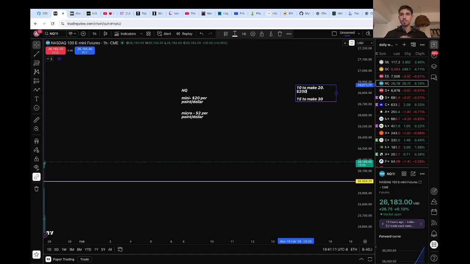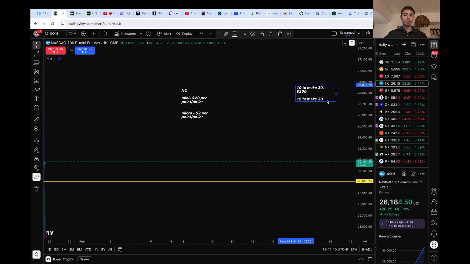So the type of trades that I'm taking have to fit this criteria, meaning if a candle is like 50 points, I'm not going to take a mini. I'll probably take a micro, right? And that's where micros can be helpful, where there's going to be some larger candles. And that's why you guys see a lot of futures traders trading on smaller time frames, such as a 1 minute compared to a 5 minute. I'll still compare both time frames, a 5 minute and a 1 minute. But on the 1 minute time frame, you guys will be able to see smaller candles, which will allow you to have these type of risk reward ratios.